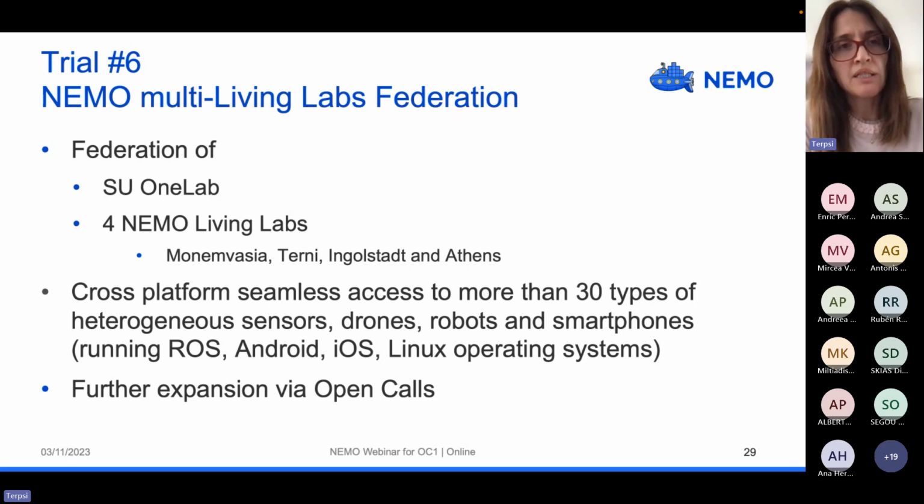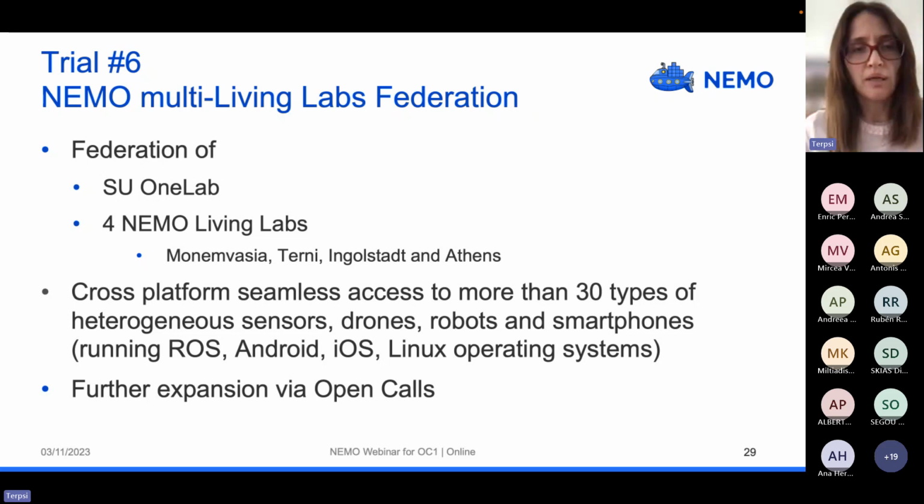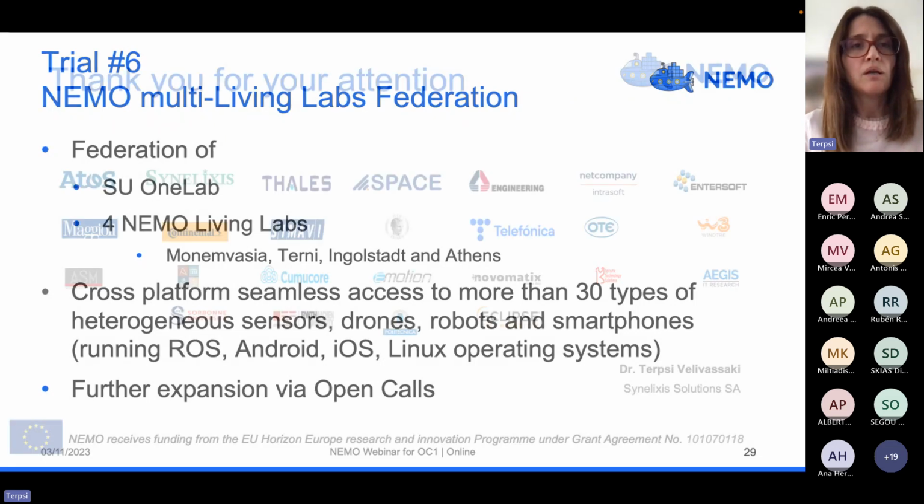We aim to further expand those geographical points with open calls, and this is something to be further seen with the projects that will come in.